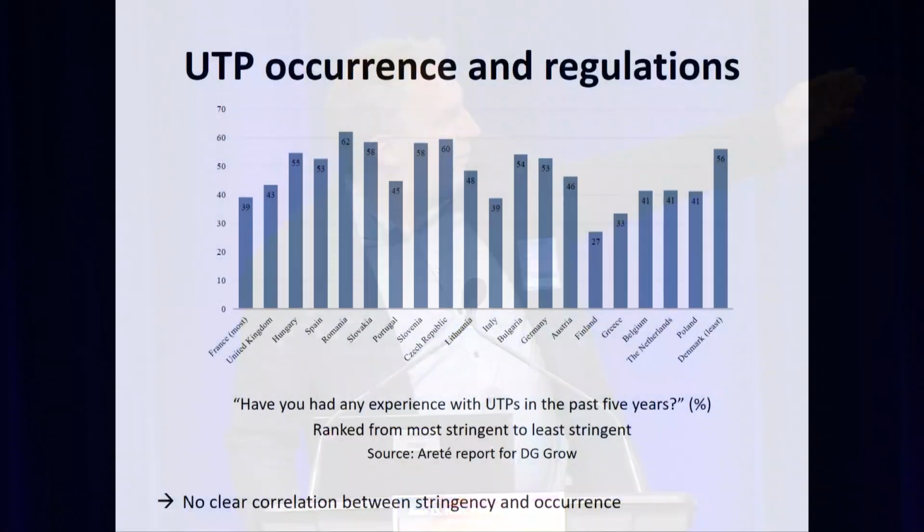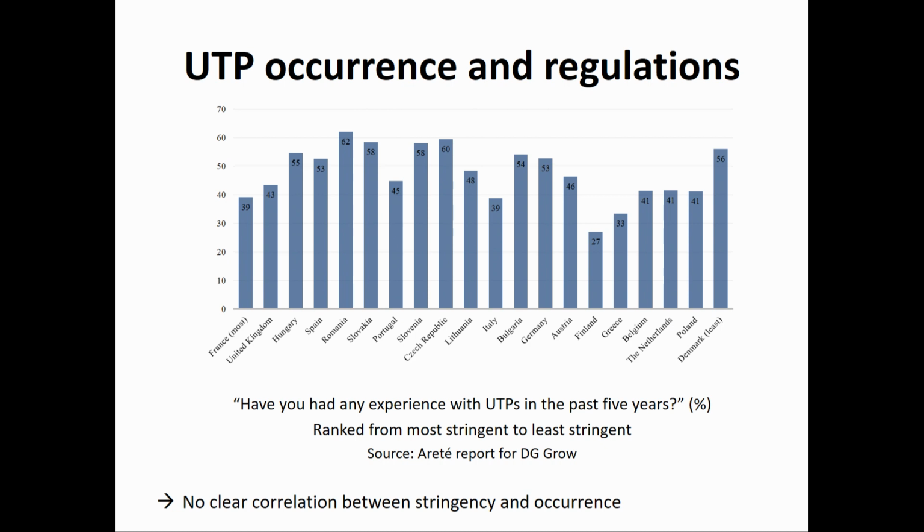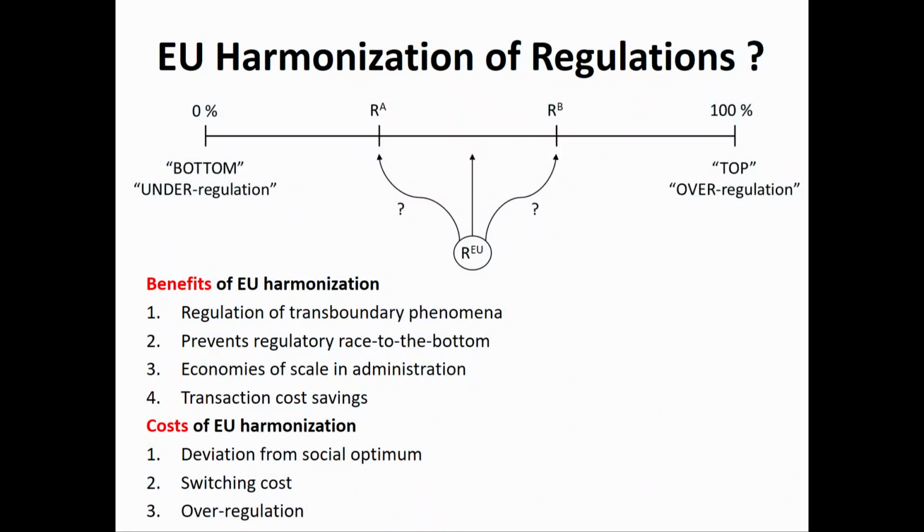In this slide, we have listed the countries from the most interventionist, if you want, or regulatory-wise. This is number 1 and 2, France and UK, and to the bottom where Denmark, etc. are. And so basically we compared this with how important UTPs have been in these countries based on the survey that has been done, and essentially there's no correlation, okay, which is quite surprising. Then the last point here is in terms of EU harmonization. Because obviously we have a single market in agriculture and food products, should we then move from all these different regulations at the national level to a harmonized EU level?